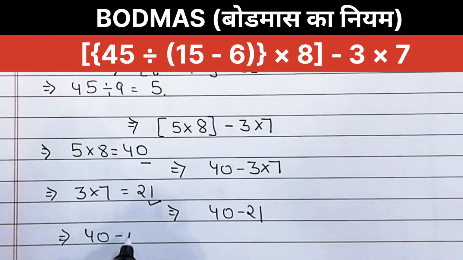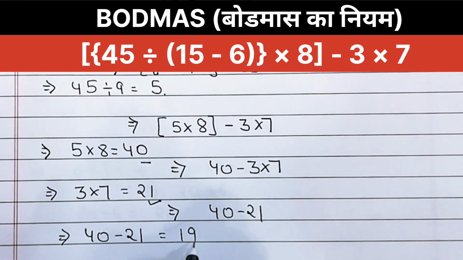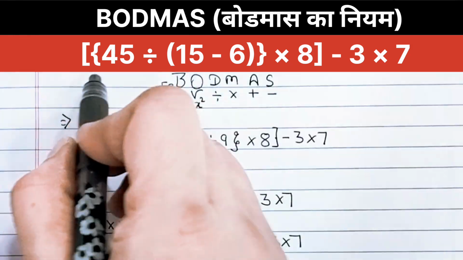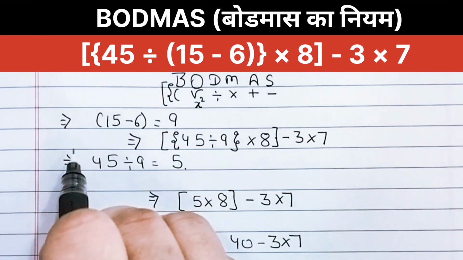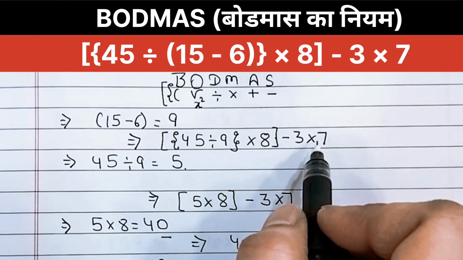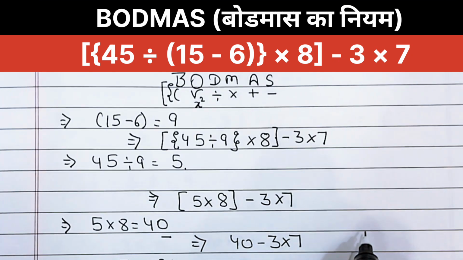The final and last step, subtract the values, and we'll get 19, and 19 is the final operation remaining to reach the simplest form. The final result of this expression is 19, by strictly following the BODMAS hierarchy, moving from the innermost brackets outward and prioritizing multiplication over subtraction. So we ensure the calculation is mathematically accurate.